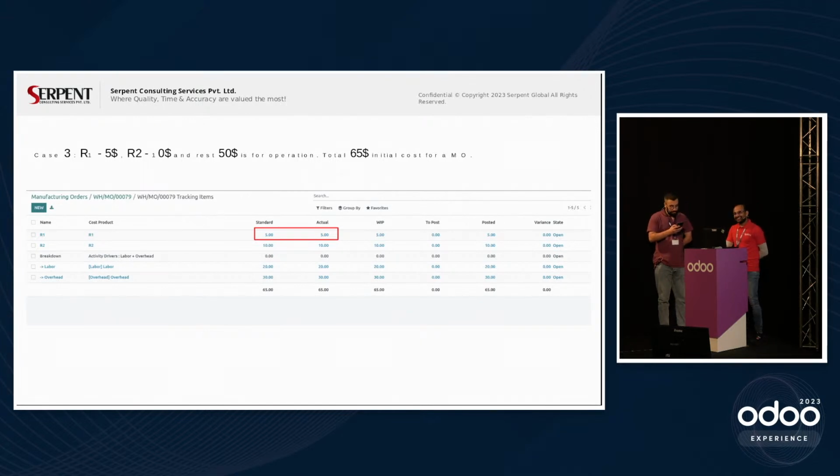And last but not least, please. If we pass manufacturing landed cost, what impact does it have on WIP variance? WIP itself is a landed cost, if I am not wrong in understanding, because normally when you do a landed cost, you will be doing it post the order. This section addresses the problems when you are running the manufacturing order, the work in progress one. So that will be a separate topic. I would be happy to discuss this with the gentleman who asked. Good to brainstorm. Okay. We might come up with a new module. Yeah, please don't hesitate to talk about it after the talk. For now, that was it.